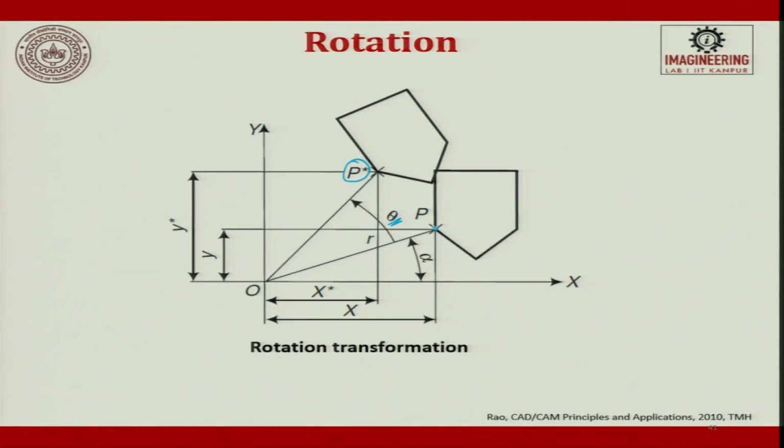Now, you have to find out what is the angle it has to move with respect to which point. Again, you can put this as a point and rotate the object, or the entire object, with respect to the world coordinate system and then rotate by an angle theta. So, this was the old point, x and y. Now, because of the theta angle it becomes x star and y star.